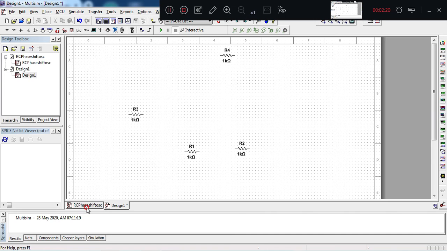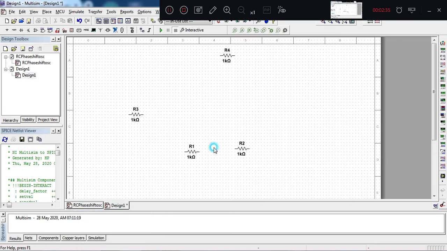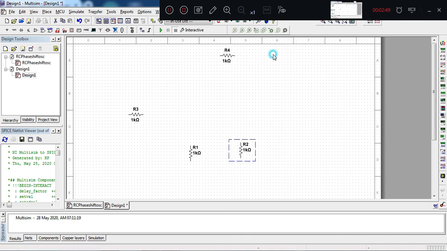The values that we need are: R1 and R2 1 kilo ohm, R3 1.9 kilo ohm, RF 50 kilo ohm. R1 is 1 kilo ohm. You can press the Ctrl R shortcut after selecting the component, or you can click on rotate 90 degree clockwise. Whichever option is easy for you, you can use that one.